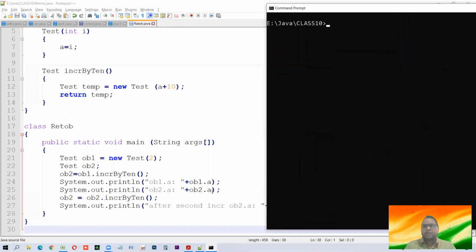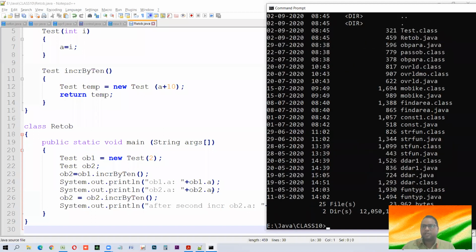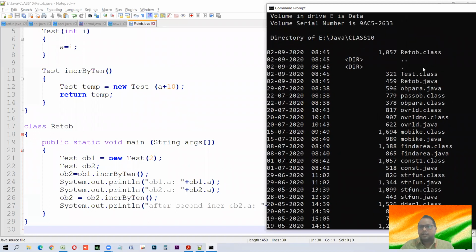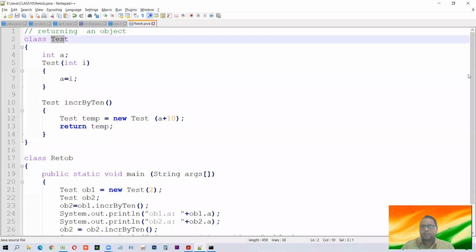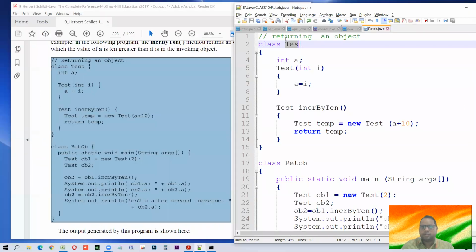Now it's okay. Now let us repeat the same command, and we may see that now this redtop class is generated and test class is generated at the same time. Why? Because we have the redtop object for class and test class. That's why these two are generated.